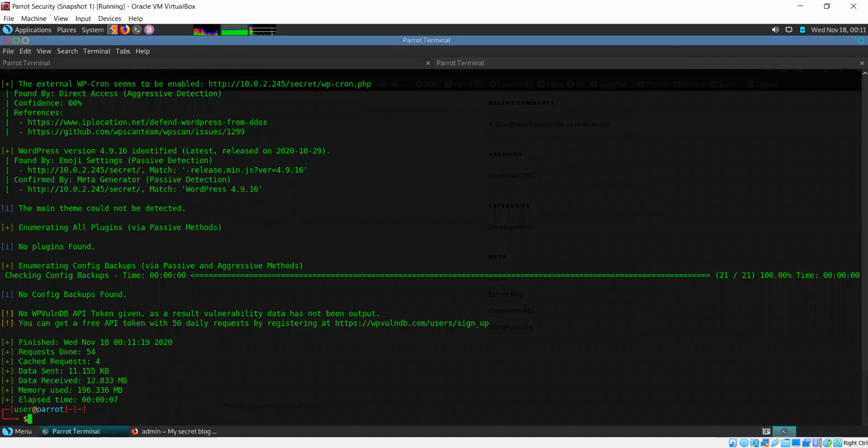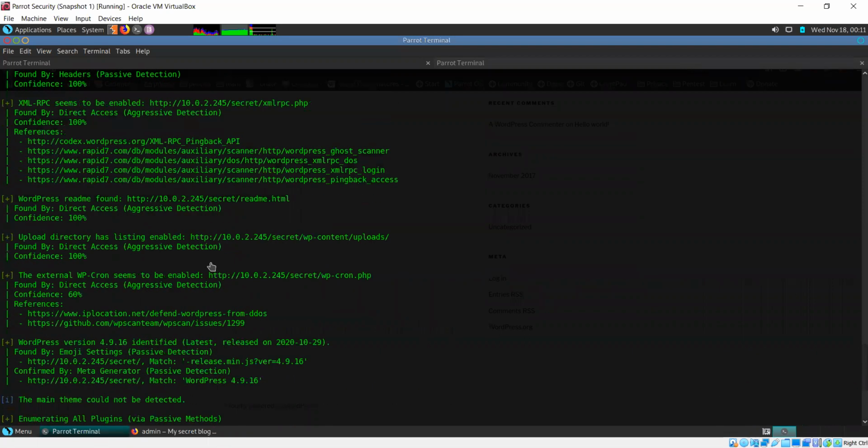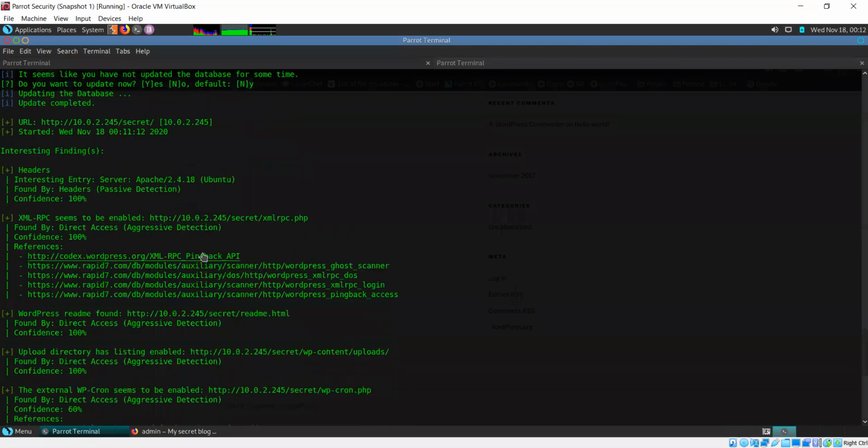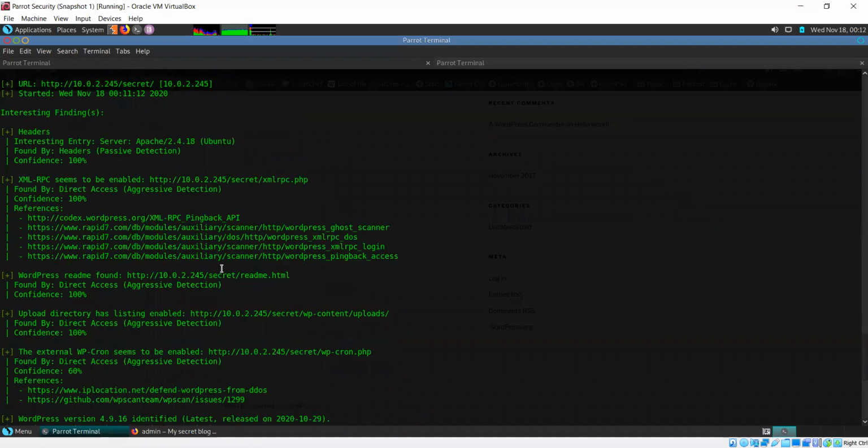Okay, so the scan is finished. Let's see the kind of information that it found. Headers, interesting entry server. Okay, WordPress README found. Not really of much consequence to us right now.